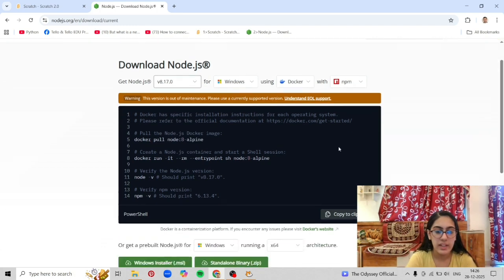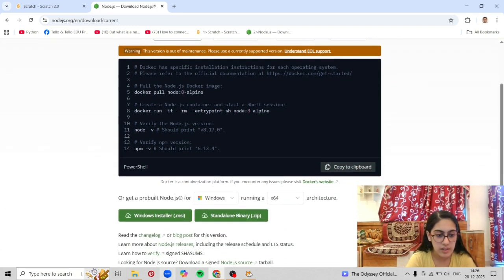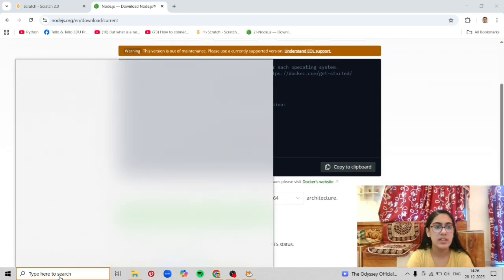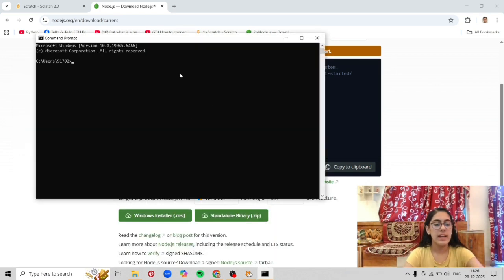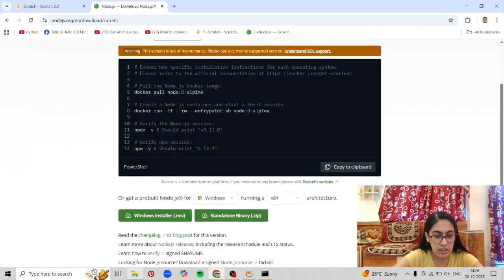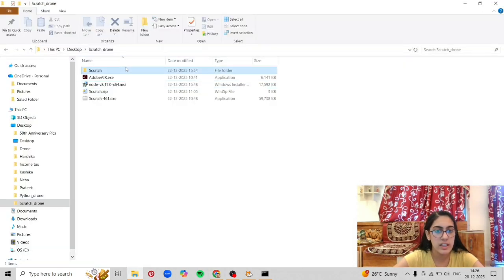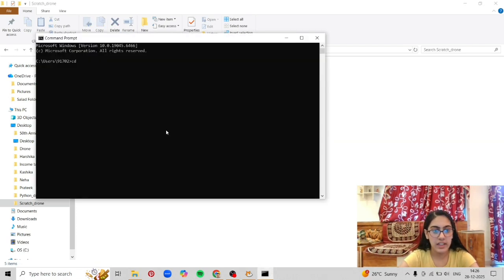Now over here we have Command Prompt in Windows already installed. So I will go to Command Prompt. We type cd space, and then we need to link the file of our Scratch folder. I'll copy this file name, go to the Command Prompt and type cd space, paste, and enter.